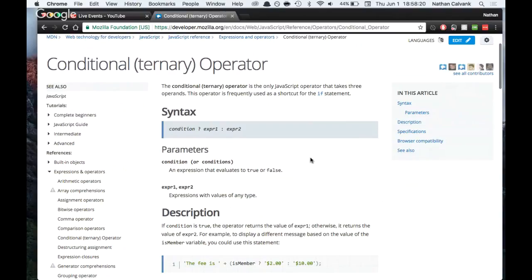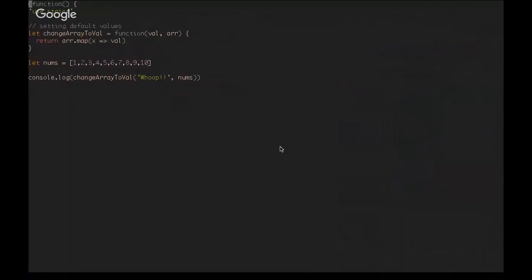So I'll show you some examples of how you might use it or how you might see it used and give my own personal opinions on when you should use it. First off, it'll be used a lot of times, at least in the past, for setting default values in a